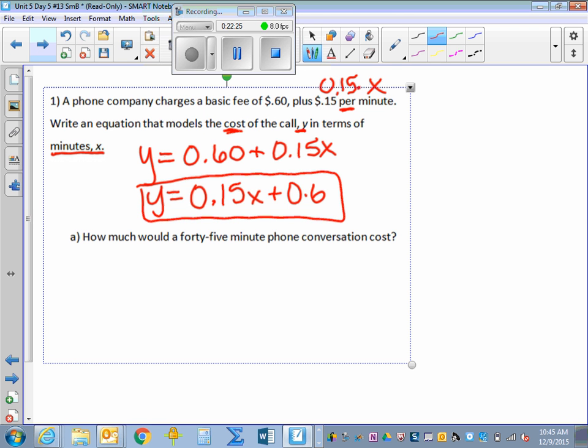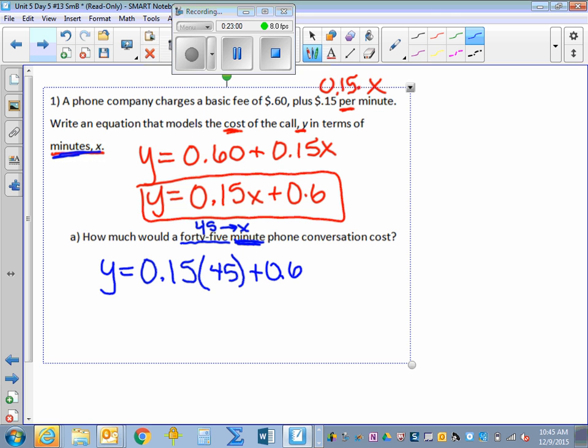How much would a 45-minute phone conversation cost? Alright, so they gave us a number here. 45. Does 45 represent x or y? x. It says 45 minutes. So we're putting in 45 for x. So y equals 0.15 times 45 minutes plus 0.6. And then once we get our answer,